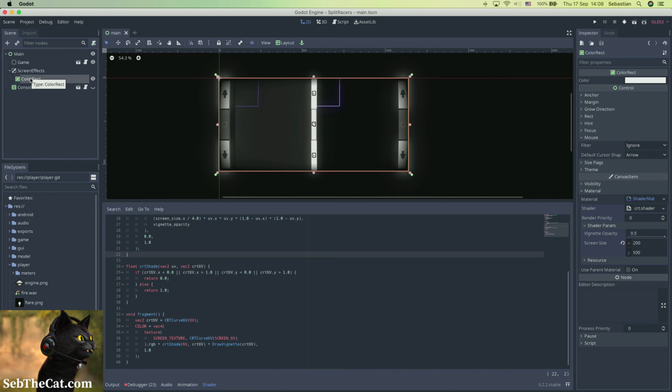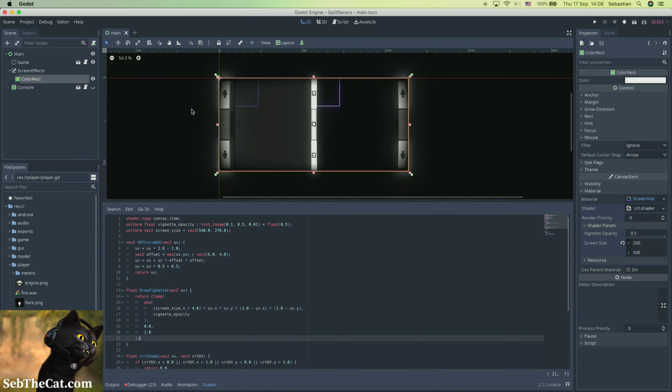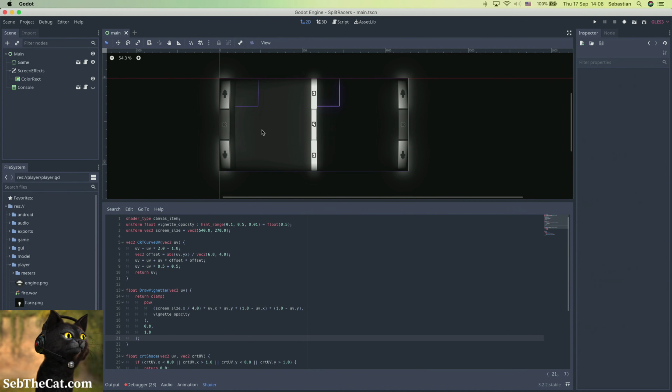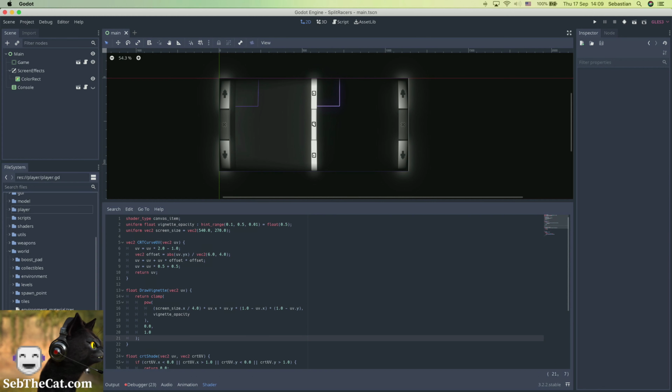Hello robotic head, how's it going? We've got a color rect here, and I've put a simple shader to give it the effect of an old school arcade machine. I've also gone into the world and added a